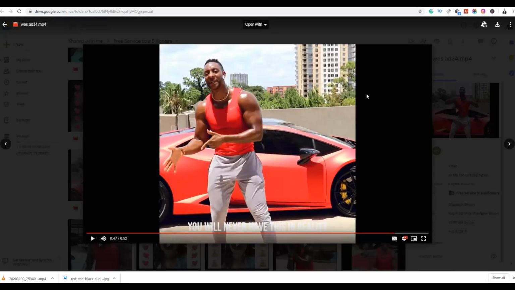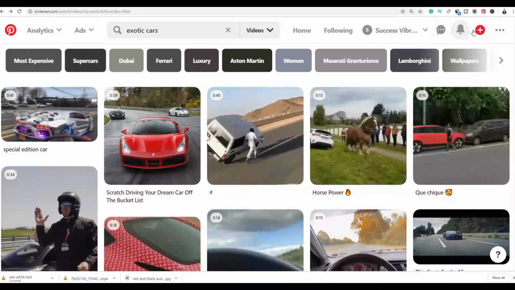So to download this, guys, it's very easy. I'll just click on this small download icon, and that's it. The video is going to be downloaded, and you can just upload it on Pinterest as well, guys, and you're going to be linking people back to this affiliate offer. So what I'm going to do from here, guys, I'm just going to cancel this one. I'm going to go to Pinterest. I'm going to click on create pin,